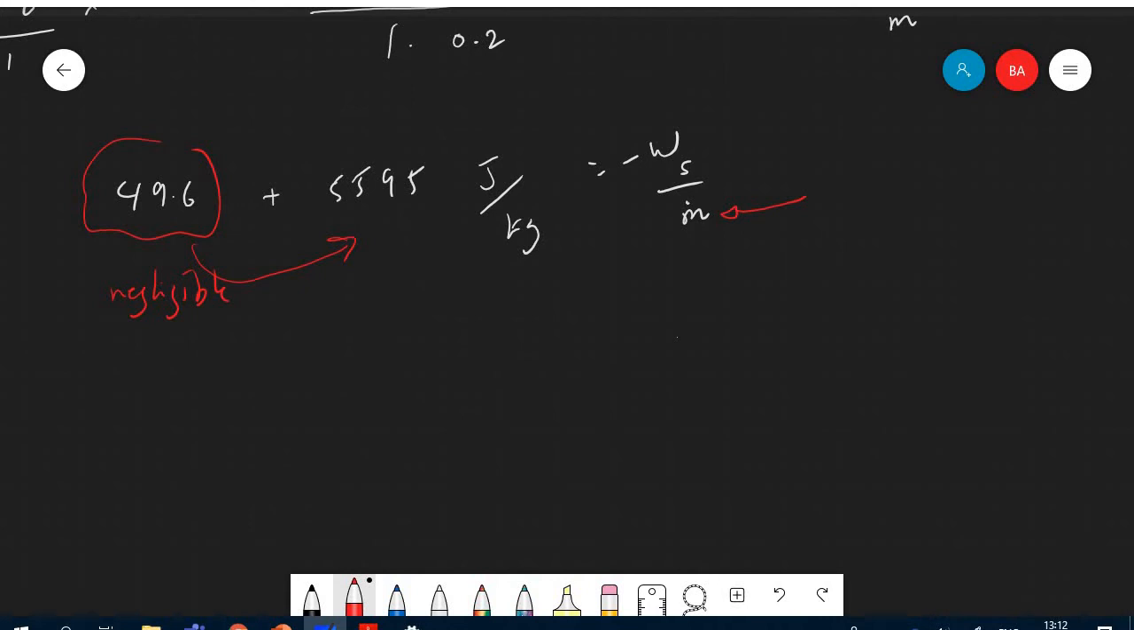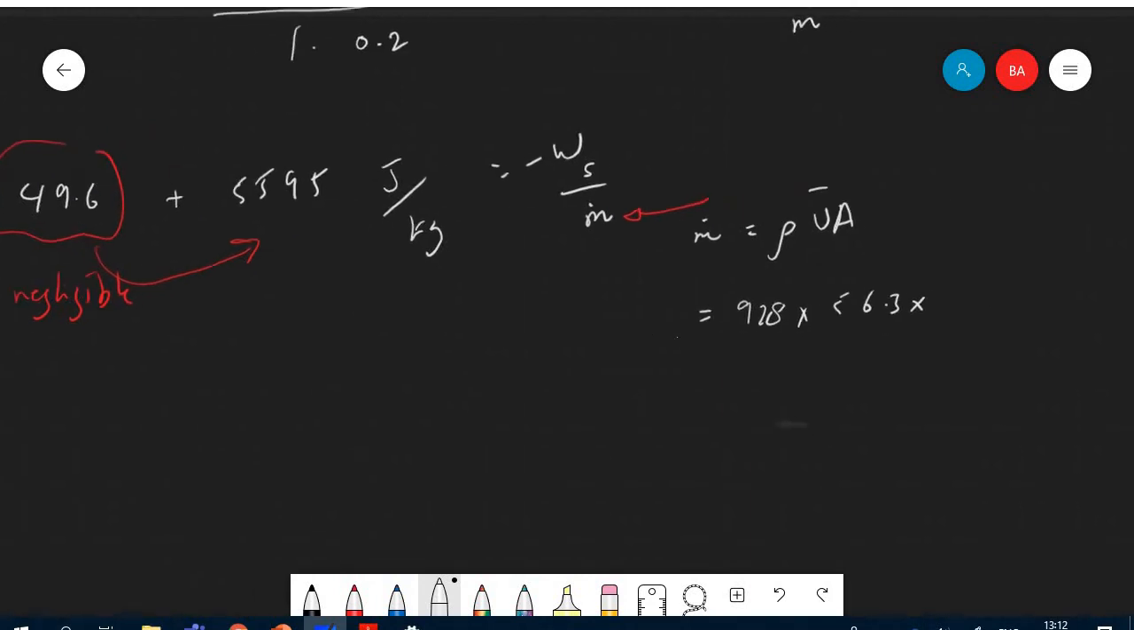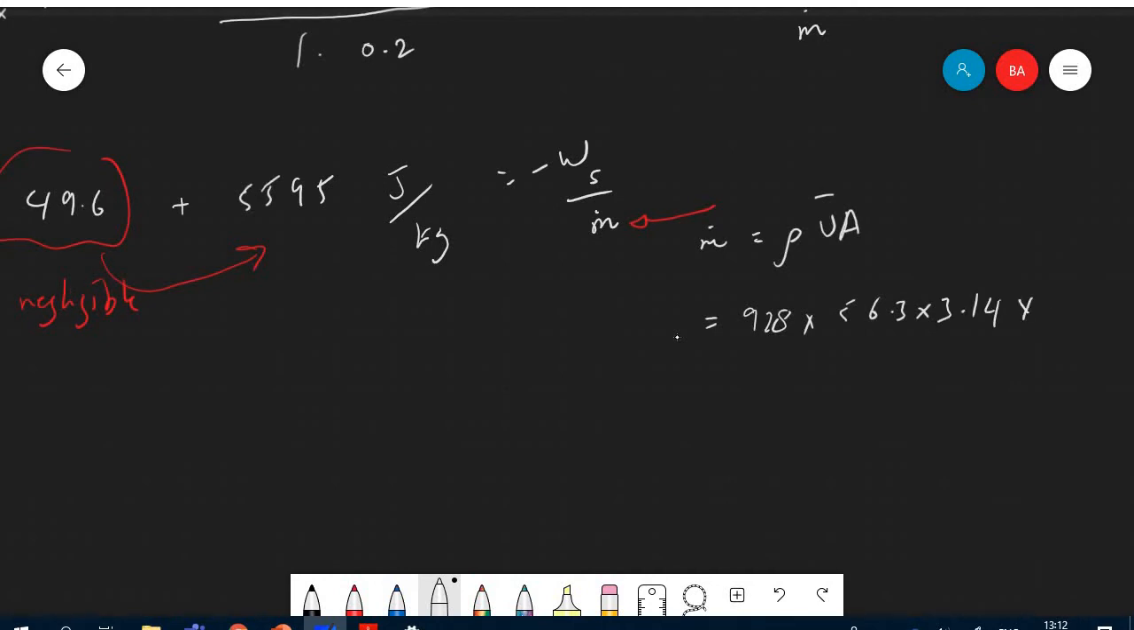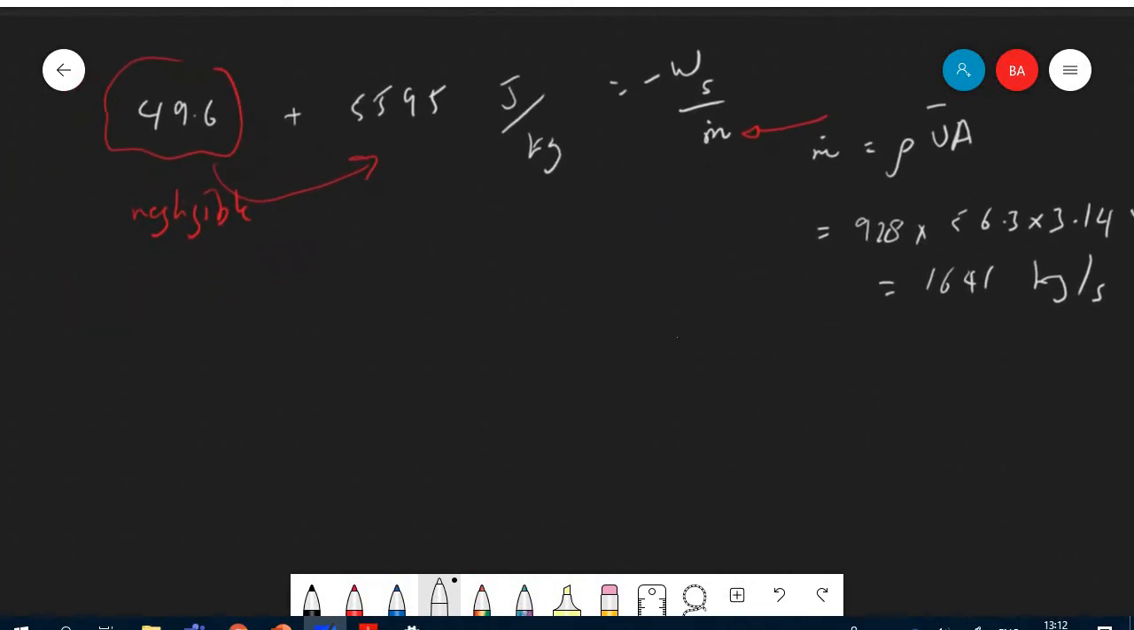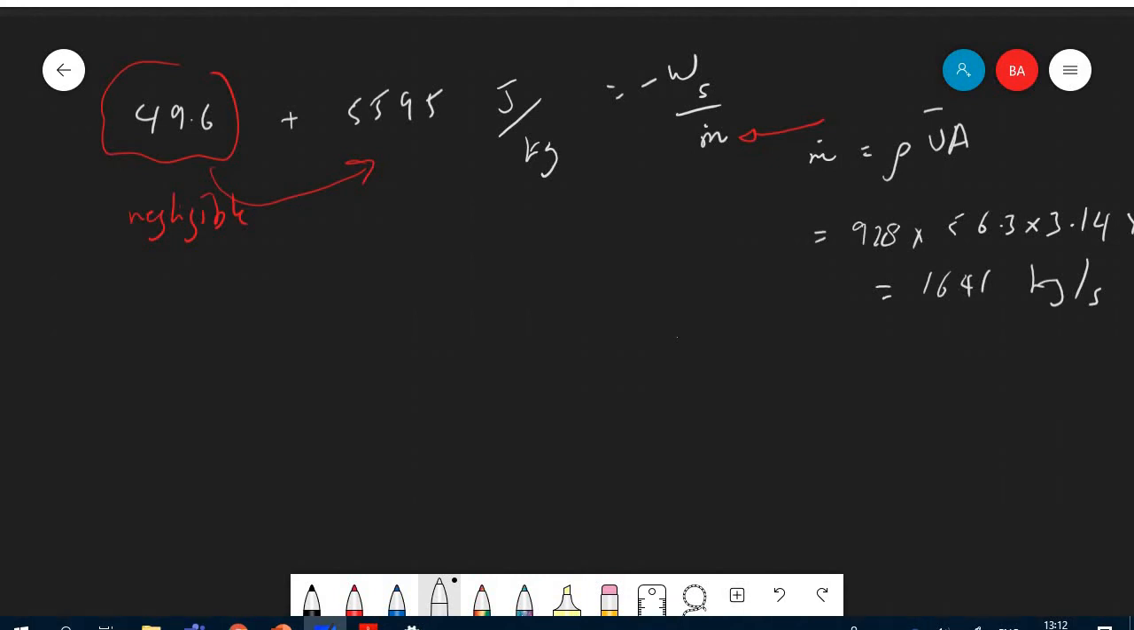Okay, so just to continue. Now to calculate the mass flow rate, the mass flow rate is rho U into A, which is equal to 928 into 56.3 into A, which was 3.14 into 10 to the power minus 2, and the answer is going to be 1641 kilograms per second. Okay, so I have my value for the mass flow rate, and if you calculate it, you're going to find that WS is equal to